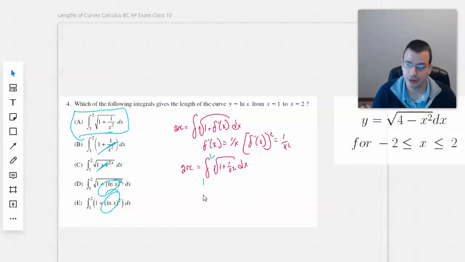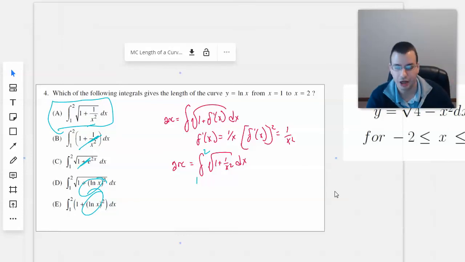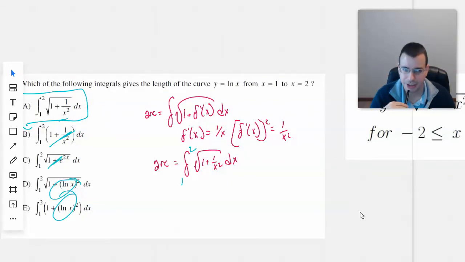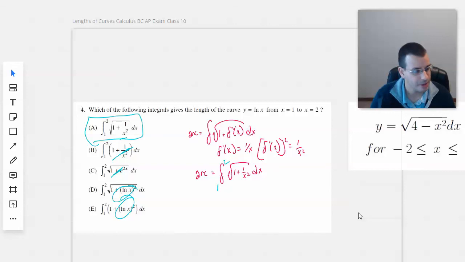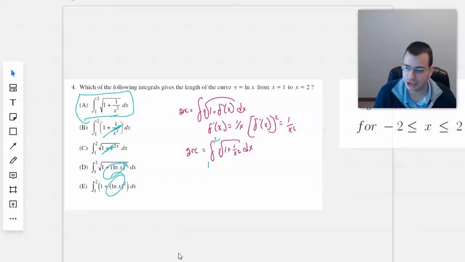So we covered volumes, shell and disk method. Now we did arc length. And now another strategy we're going to talk about, not so much with integration per se, yeah, sort of, is partial fractions. So you've probably already seen partial fractions. It takes like 10th grade level knowledge, maybe 9th, maybe earlier. It's not a high level concept, but it's an interesting method that you wouldn't normally stumble upon, and you should practice at least a few times to get an idea of where it's coming from. So that's all we have for arc length, and I will see you